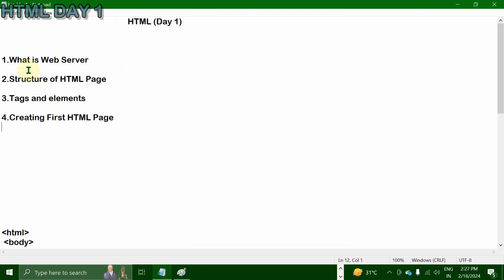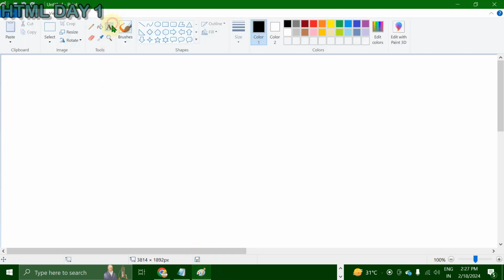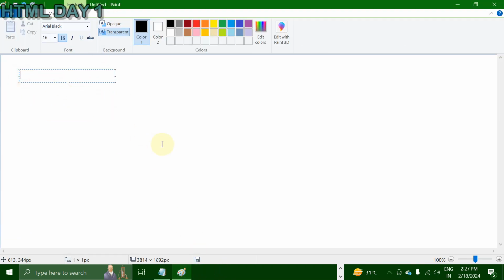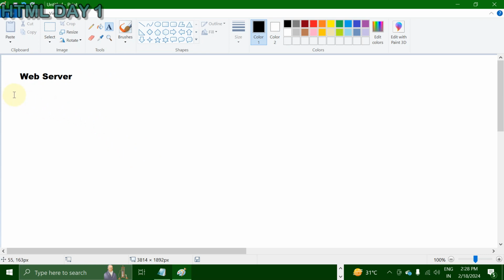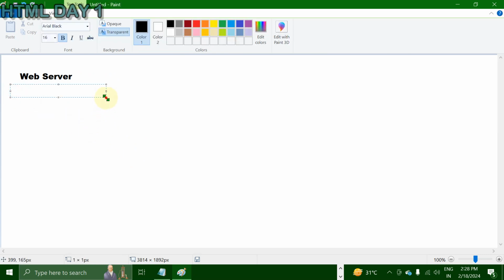So the topic of discussion is understanding HTML. Before moving to the different types of tags that are available in HTML, first let's try to understand the web server. So what do you mean by web server? Web server,